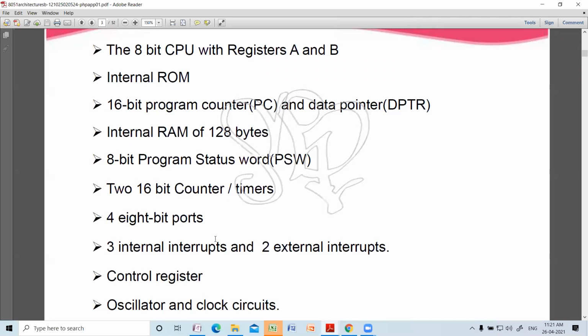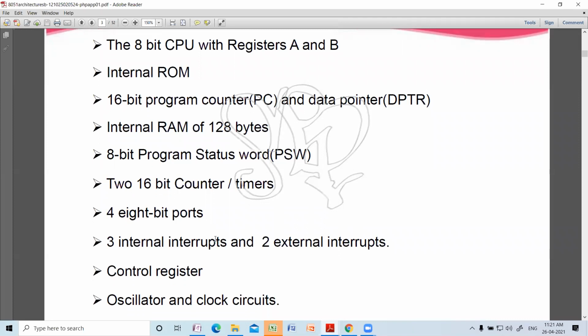Internal RAM of 128 bytes, 8-bit flag register, 2 16-bit counters or timers, 4 8-bit IO ports, 3 internal interrupts and 2 external interrupts, control register, which is present in the control unit, and an oscillator and the clock circuit.